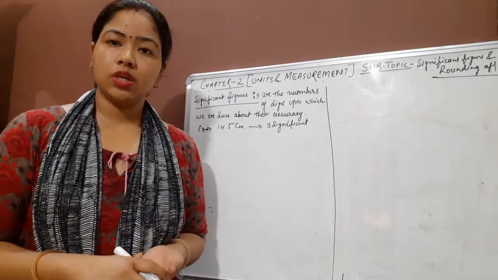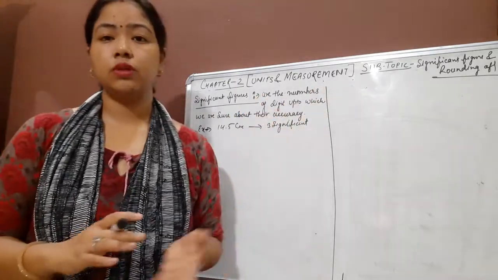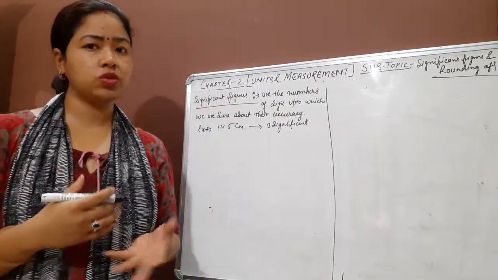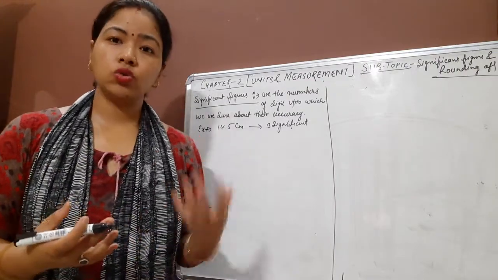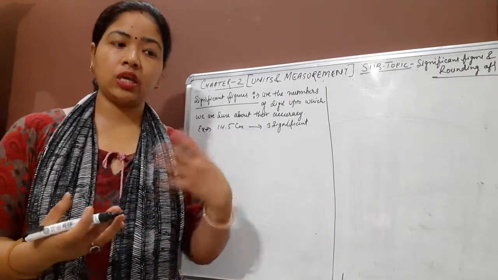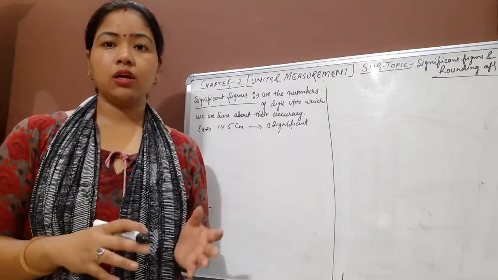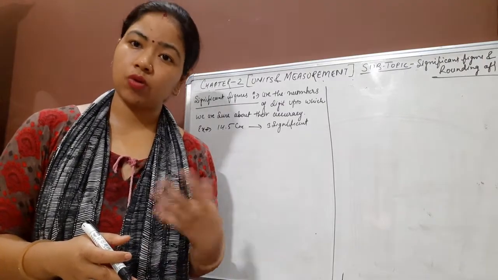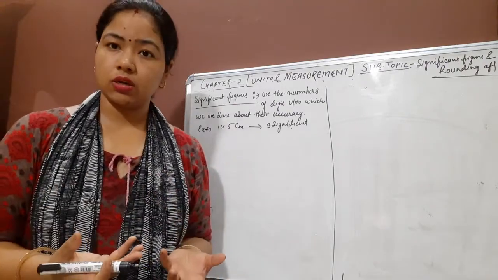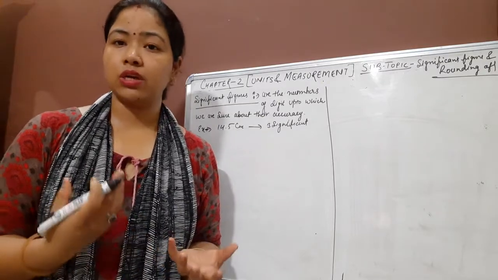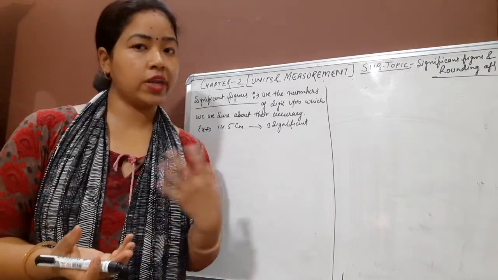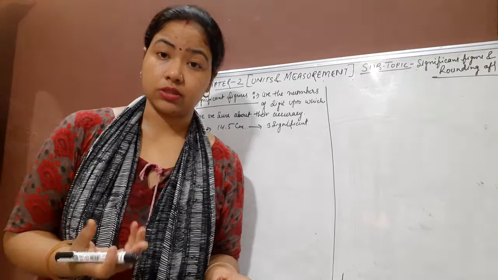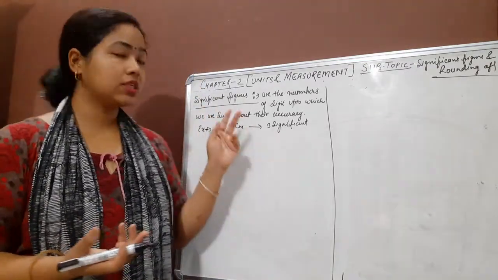So children, in this lecture, we are just going to discuss the last topic of the units and measurement, that is significant figures and the rounding of rules. Those are very simple rules. We just have to understand the rules, and those rules will be implemented whenever any digit is given to you. For that, you have to recall the rules related to significant figures as well as the rounding of rules. If the rules are not recalled, you are not able to write down the correct number of significant figures, and you cannot convert any quantity up to the correct rounding of digits, right? So very first we'll understand what is a significant figure.